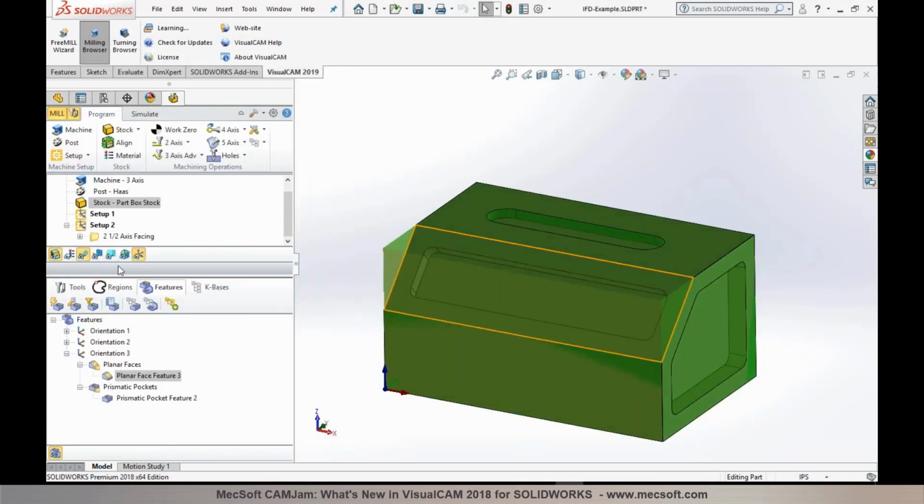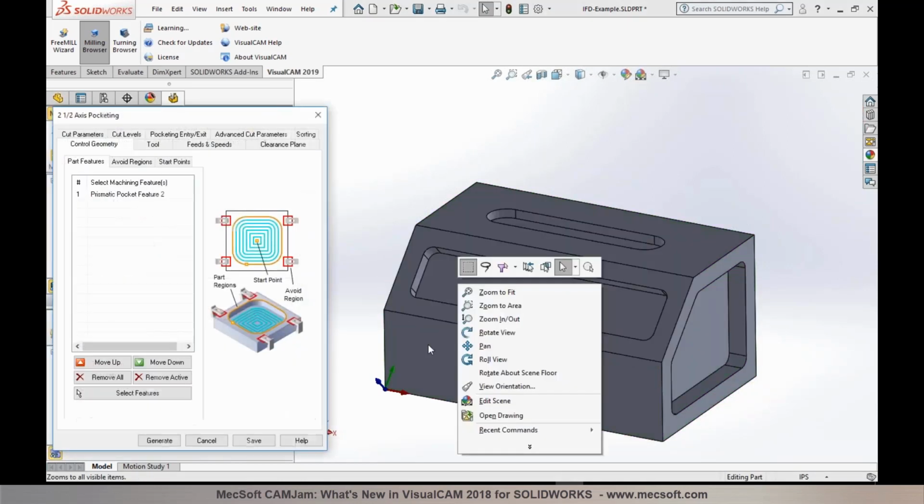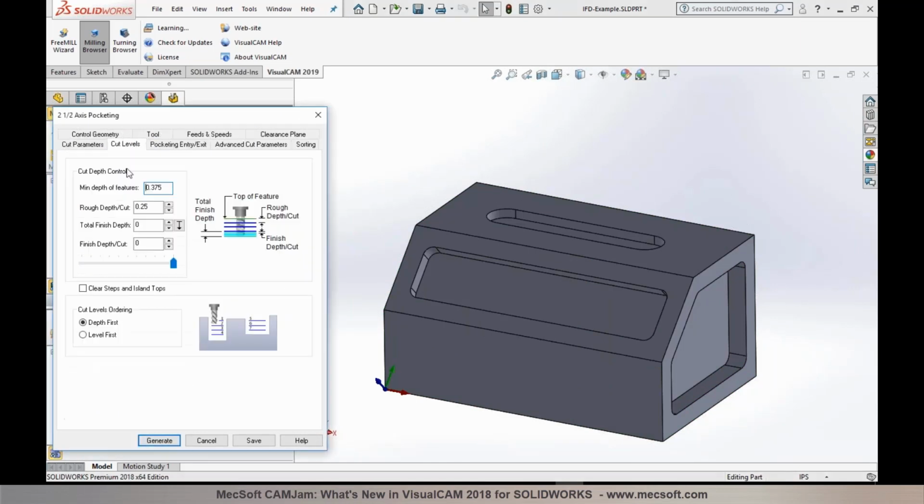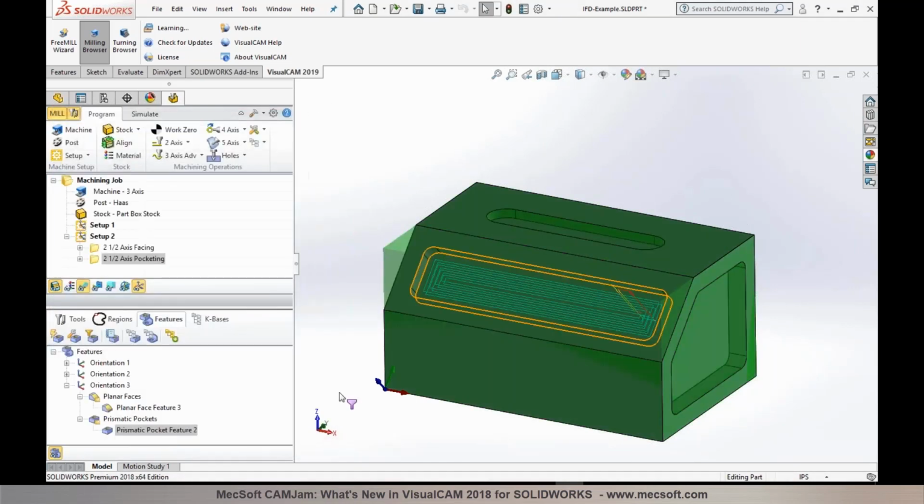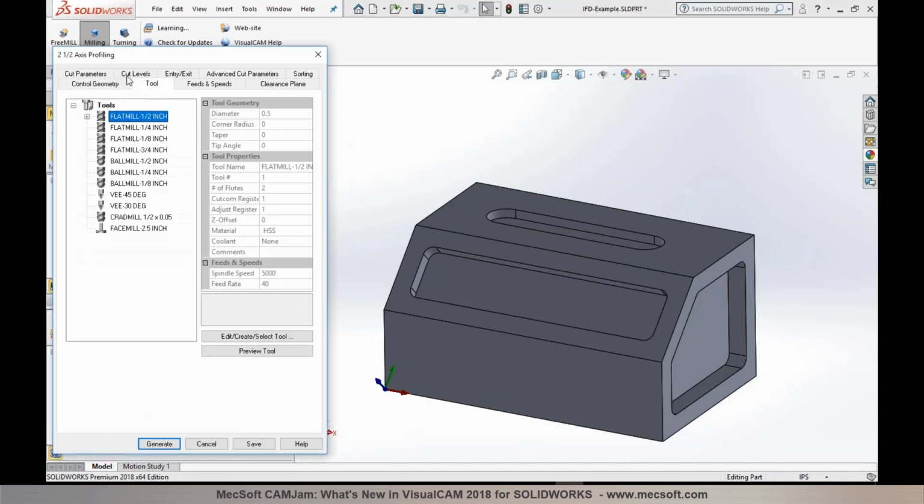So we've now generated a toolpath for the facing operation, and I'm going to select the pocket in here, right-click and start with a pocketing operation. You can see that the depth is automatically determined based off the feature. If you need to specify, modify, or adjust your depth per cut, you can always edit those in the cut levels dialog. And finally, I'm going to add a profiling operation to finish this up with the same tool